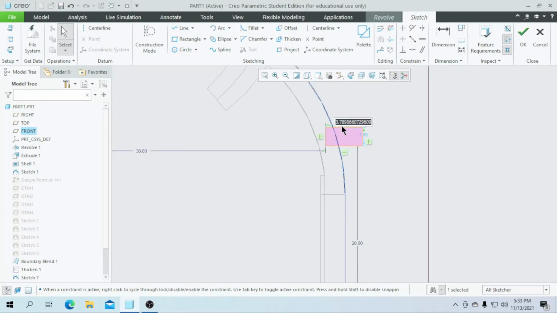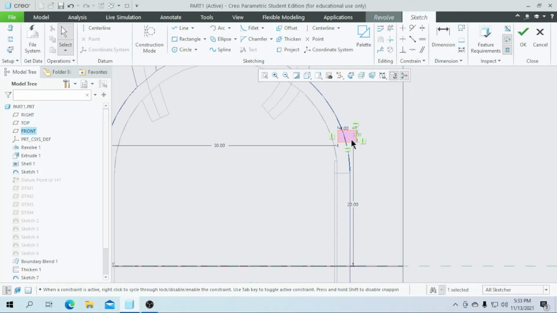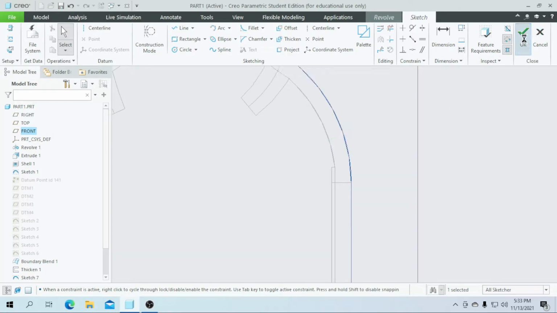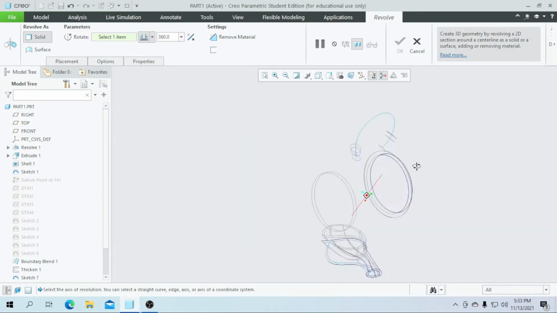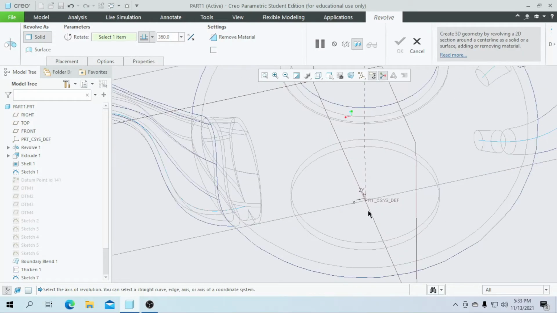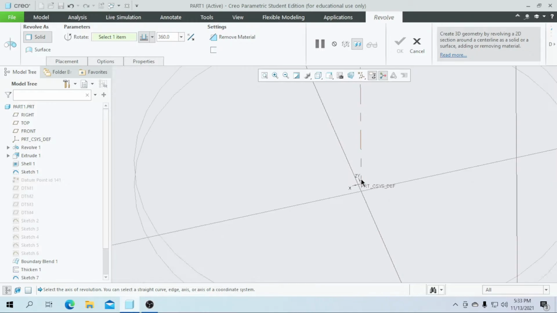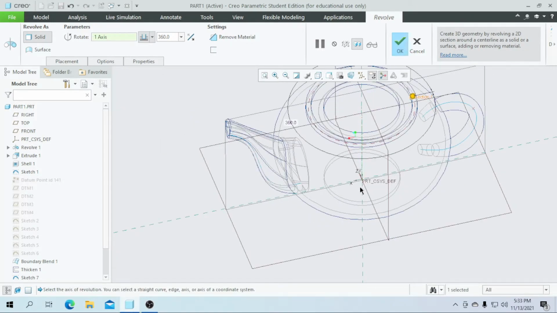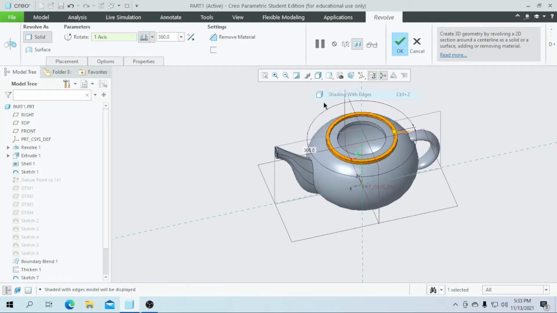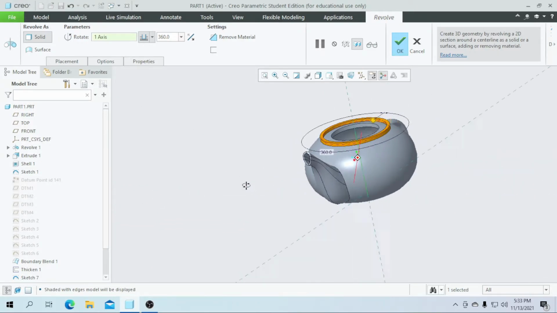Then let's adjust this rectangle dimension. I need this height to be a value of 3 and this length to be a value of 2. Then click on OK. For that you need to create a center line, or else you can use this axis also. So go for the shading with edges. As you can see, our rib part is created successfully.